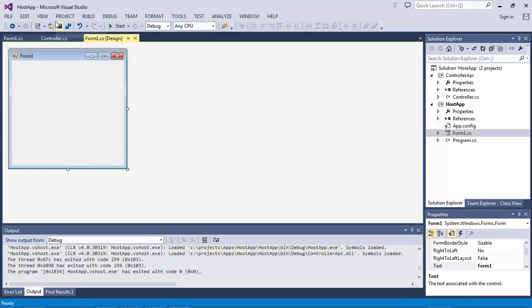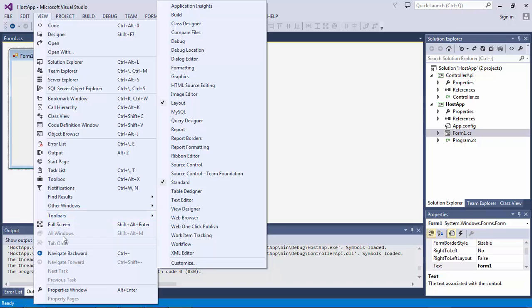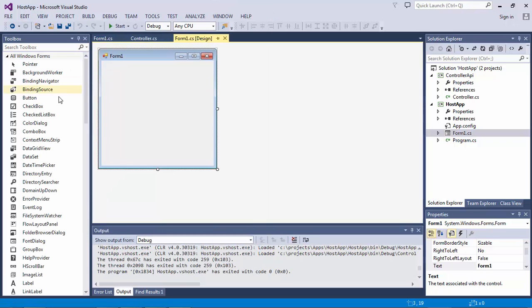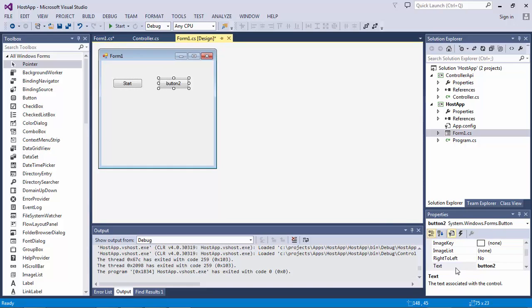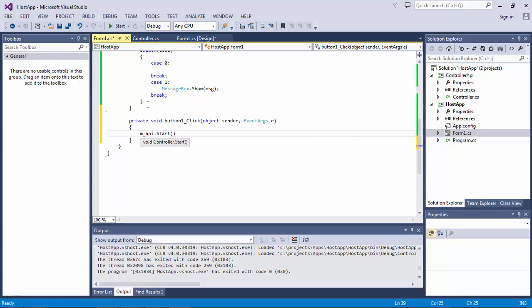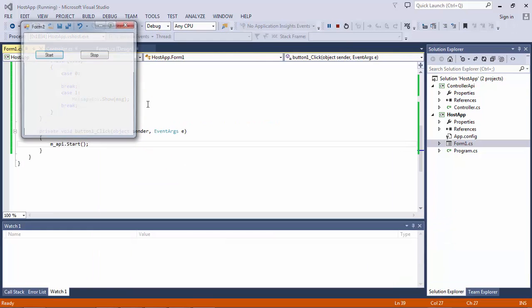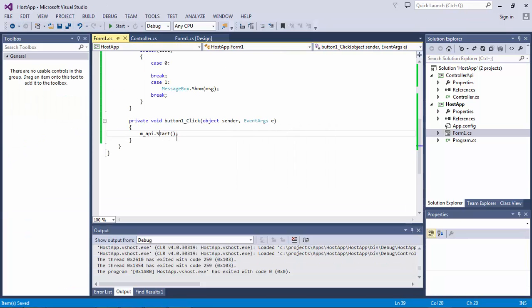To make it work, let's create two buttons. One is start and one is stop. We can call API start. See, it's very elegant. Okay, if I press start, then I get started. So now, instead of writing some kind of start here,